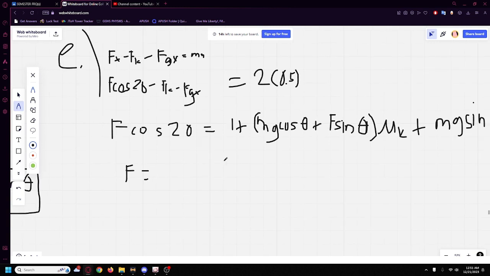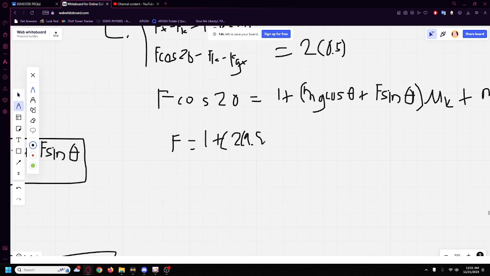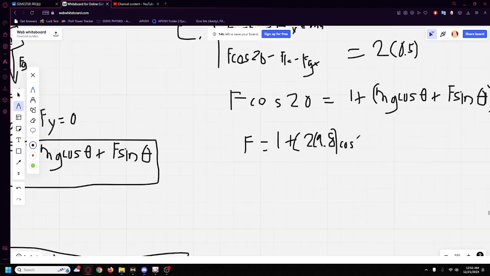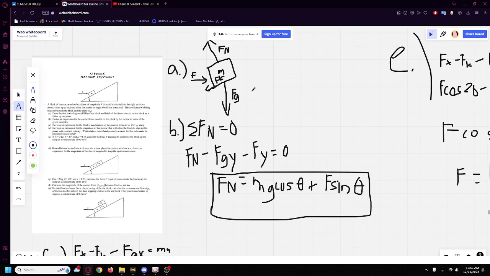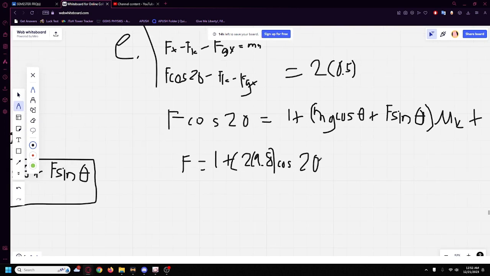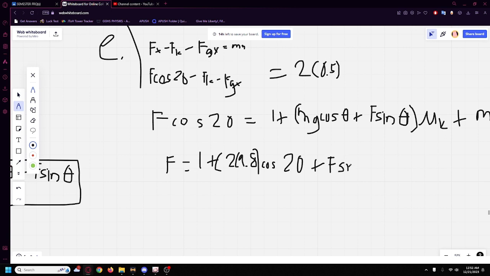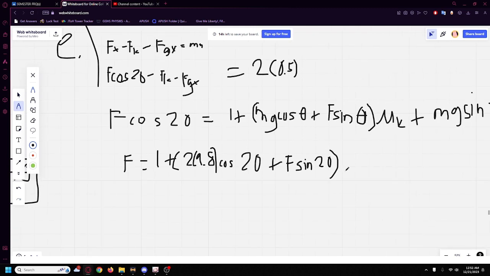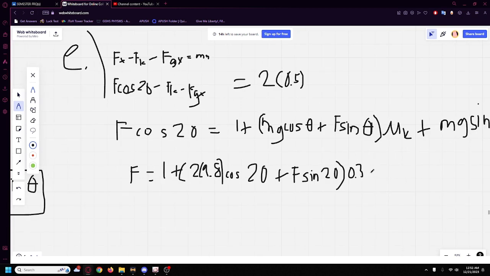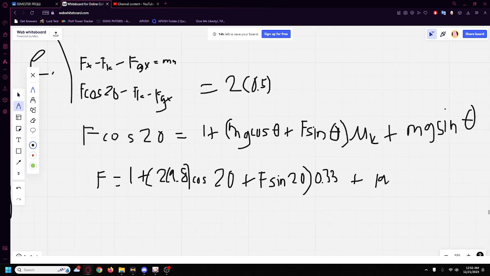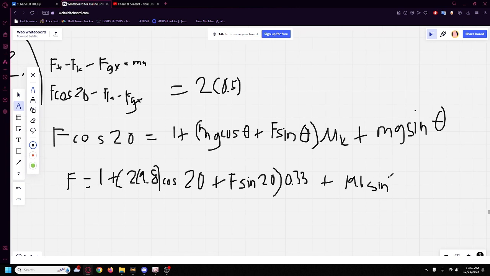F is equal to 1 plus 2 times 9.8 cosine 20 plus F sine 20 times mu_k, which is 0.33, plus 19.6, which is 2 times 9.8 times sine 20. You plug it in, you get about